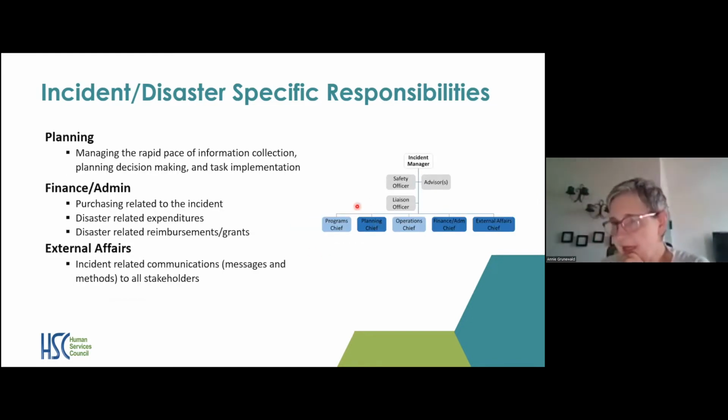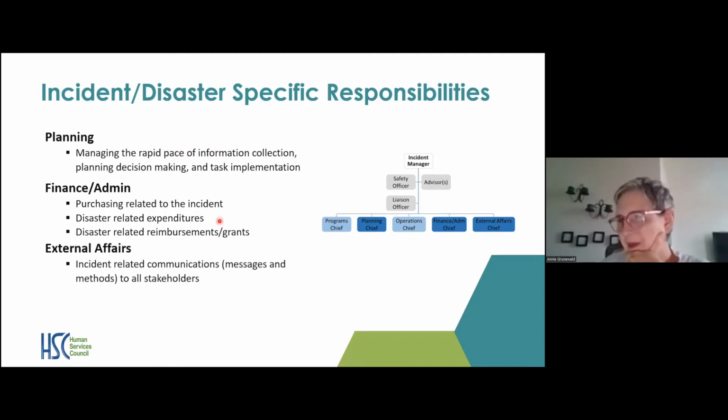These other three buckets, let's look at. So planning, all of you may not have a planning department. Some of you may have a strategic planning department that's always helping the organization plan and move forward. But during an incident, when your team is meeting, you're looking at how you manage this rapid pace of information collection. You're having a lot of meetings, setting a lot of goals, and having to implement those plans. So this person is ensuring that you're able to do that, keeping track of what people said they were going to do. It's sort of a project management